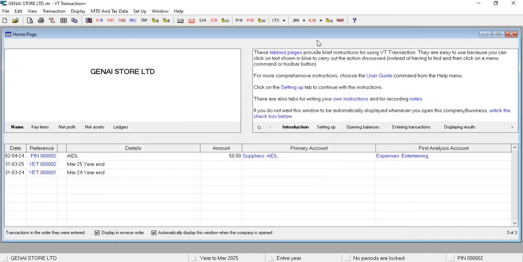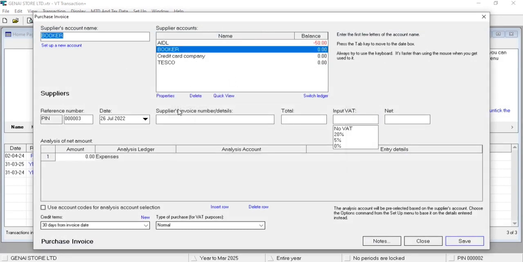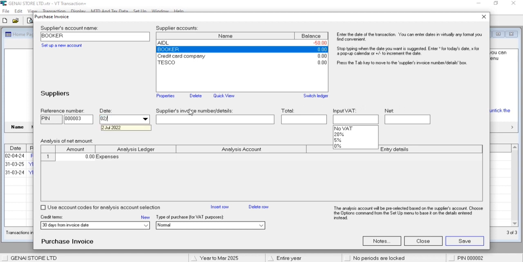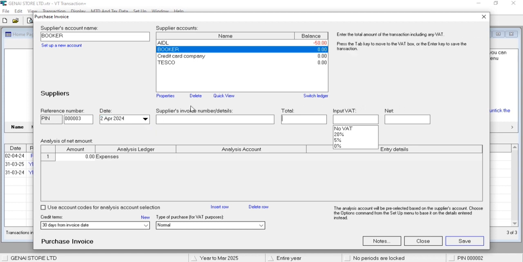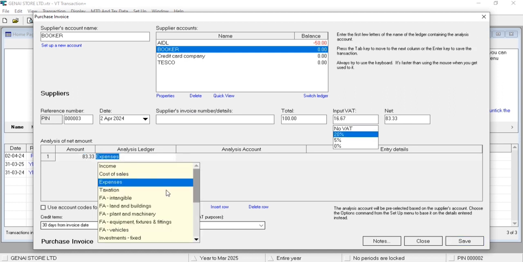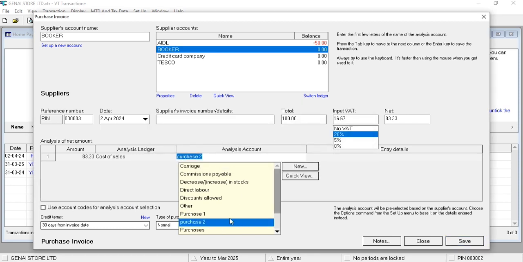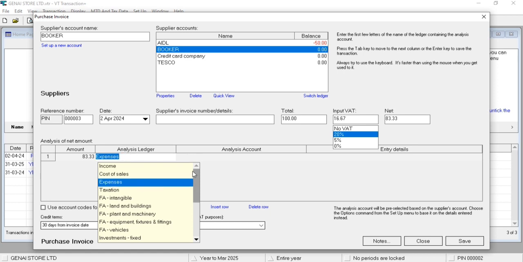So this is the one way by which you can create ledgers in VT software. And the same way you can also create ledgers at the time of creating purchase invoice, purchase credit note, sales invoice, or sales credit note. Okay, let me show you how. I am just selecting random details here. And here analysis ledger is important. Okay, these are the groups, and just click here, and in analysis account there is option of new, so you can directly create ledgers in particular group, okay.